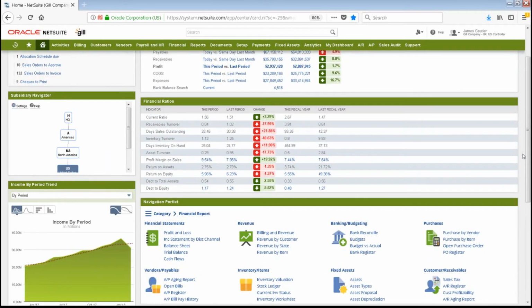If I go up here, you can see the financial ratios portlet, right? This gives you quick access to financial ratios. And if you click one, it shows you the formula and the values that contribute to it. You can see the real time and historical data to effectively run business and manage for growth. So financial ratios include metrics that are built using embedded formulas against core NetSuite data, providing insight into key business drivers,